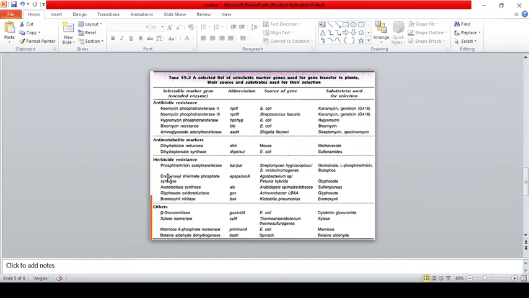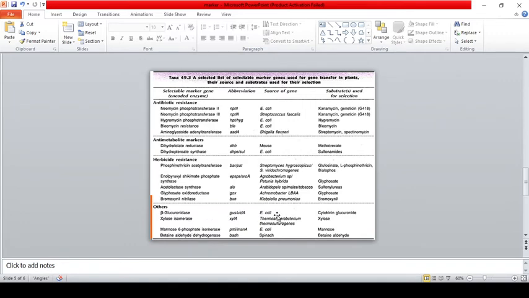So sometimes in GATE they'll ask this in a match the following. So prepare for the antibiotic resistance genes, their abbreviation, which source they are taken from and the substrate used for selection. Many will be easy to study, like bromoxynilase, where the substrate is bromoxynil. For example, if you take acetolactate synthase, here the thing is different. Here sulfonylureas are used. Apart from this, other selectable marker genes include beta glucuronidase and the abbreviation is GUS or UIDA.